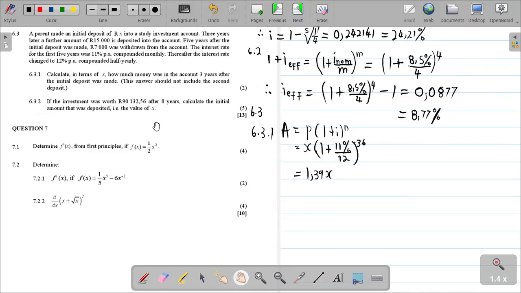They say after 8 years, it's going to be, okay. So after 8 years, what happens? The initial amount here is going to be, so they said the initial deposit of X